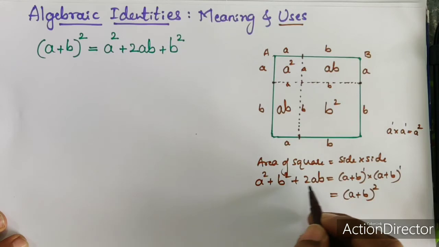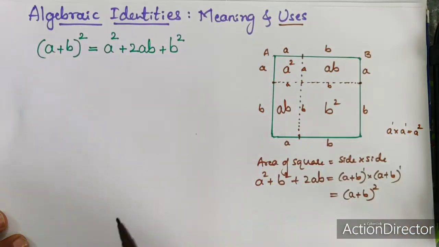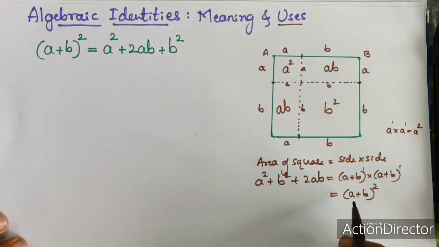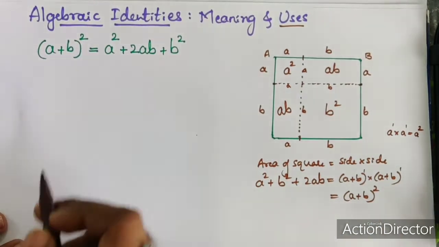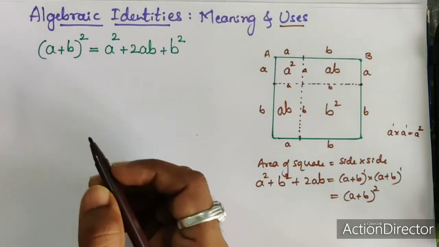So a square plus b square plus 2ab is equal to a plus b whole square. A plus b whole square represents the area of a square. So this is geometrically you have understood the meaning of a plus b whole square. Algebraically also you can find the value of a plus b whole square. Algebraically what you have studied is